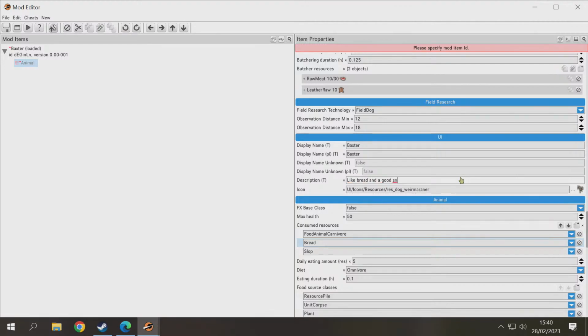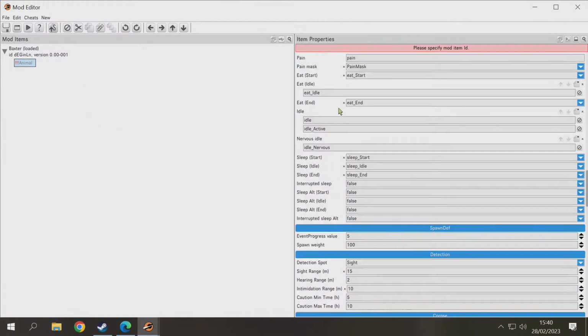Love it. And a good snooze. What we could also do is have his sleeping routine longer because he does enjoy a big kip. Sure. The icon is going to be the Weimaraner. You could change the icon if you wish, but we are going to save that and break the golden rule